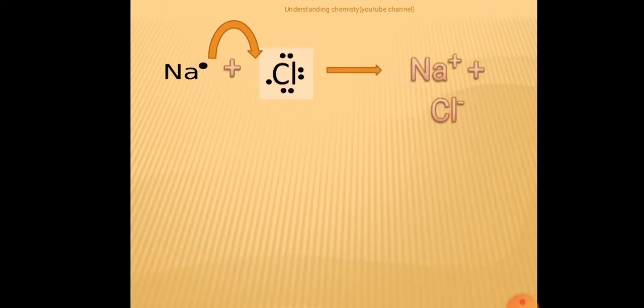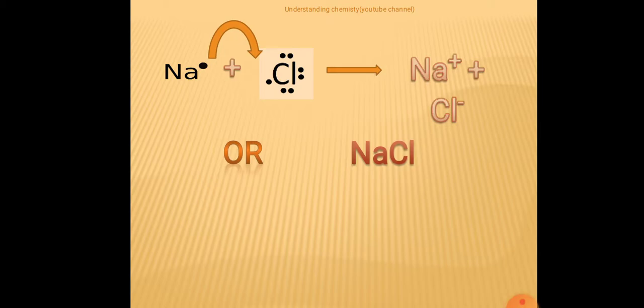So, the next thing you are showing, with an arrow mark, is that sodium is converted into a sodium ion and chlorine is converted into chloride ion. Both of them, Na+ and Cl-, combine together to form what? Sodium chloride. This is the way you have to show the electron dot structure of sodium chloride.